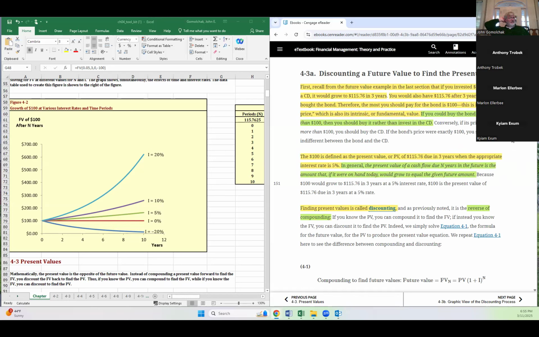So, discounting a future value to find the present value. Why is this important? Let me ask you guys this. Why is it important that we be able to find the present value of a number in the future? Well, in the mini case, I can't remember which of the three of you was doing it. It might have been Marlon, where you were told to do the analysis of whether you were going to buy the $1,000